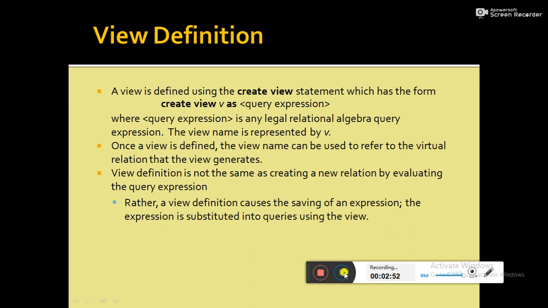If we take an example, suppose a bank employee needs to see the information about only the customer name and their corresponding branch name and the loan number. Suppose that bank employee does not need to see the exact loan amount. If we provide that bank employee with the two relations borrower and loan, then that employee will be able to get the whole set of data from borrower and loan.